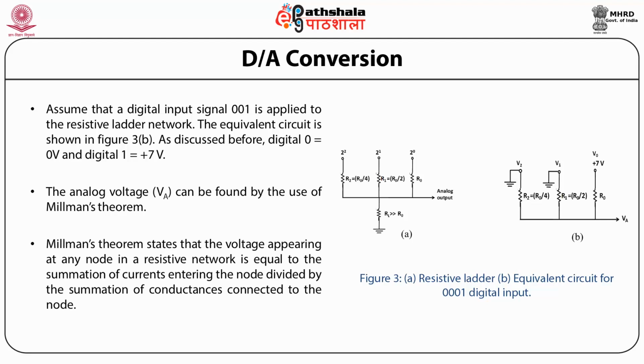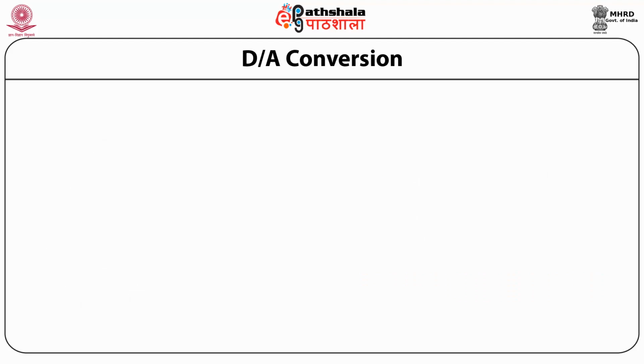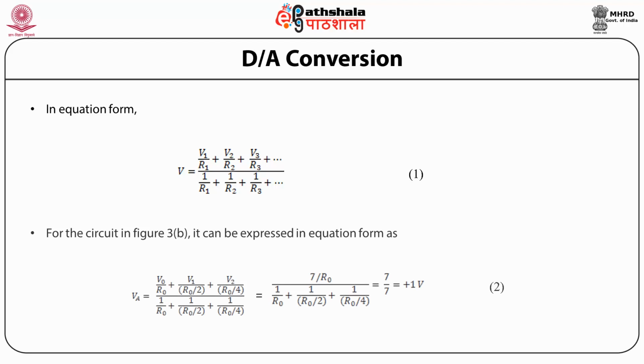Millman's theorem states that the voltage appearing at any node in a resistive network is equal to the summation of currents entering the node divided by the summation of conductances connected to the node. In equation form, it can be expressed as V is equal to V1 by R1 plus V2 by R2 plus V3 by R3 plus so on, divided by 1 by R1 plus 1 by R2 plus 1 by R3 plus so on. For the equivalent circuit, which is described in figure B, it can be expressed in equation form as